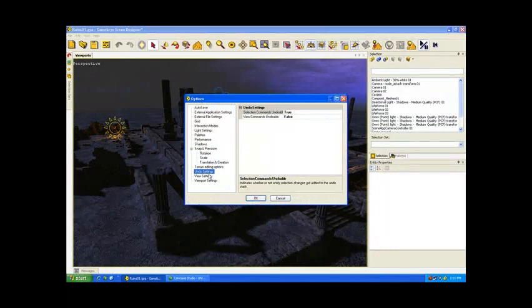There are also options for the tool itself, such as undo settings, whether or not selection commands are undoable or view commands are undoable. By default, selection commands are undoable, but view commands are not. You can also go in here and change the distances for each of the orbits and pan and various other